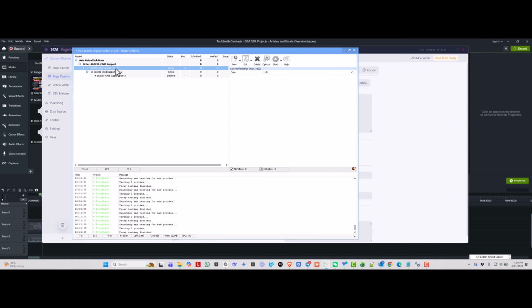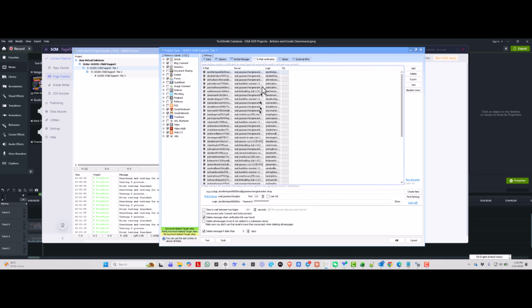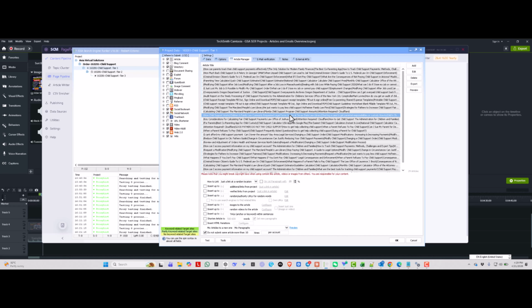It will pull the link from, let's go to the first tier. It will pull the link from whatever is in this URL and whatever is in this anchor text here. So that is how the links get inserted. So if I go to preview in this one,